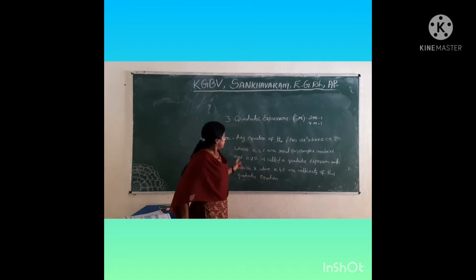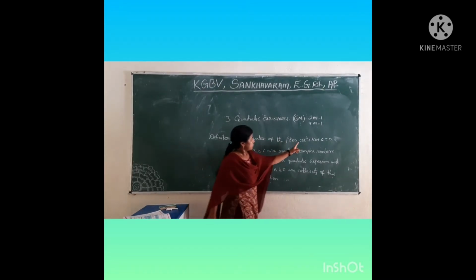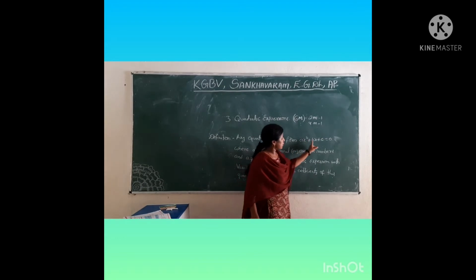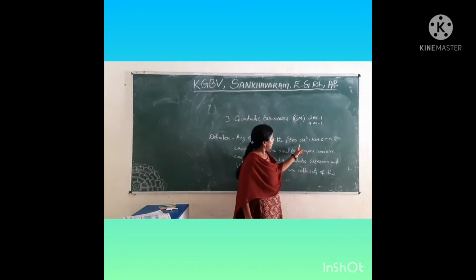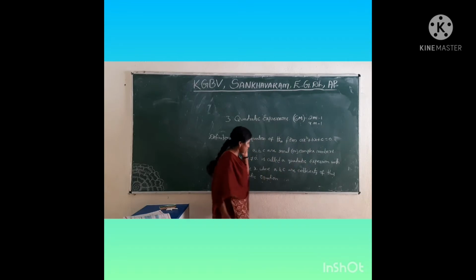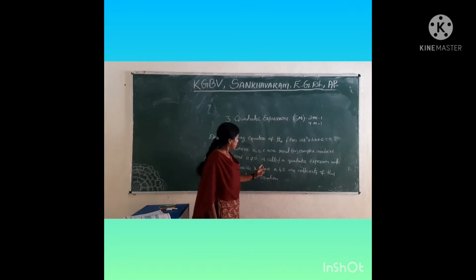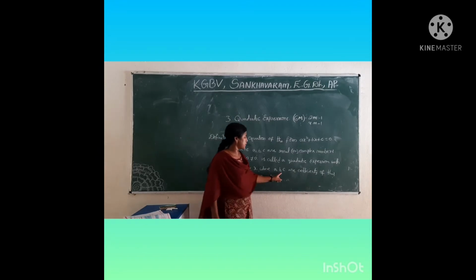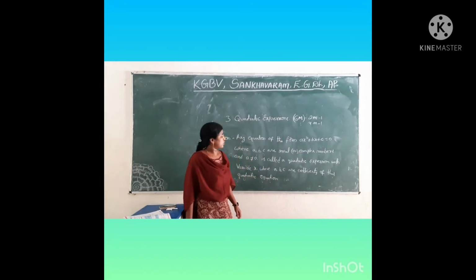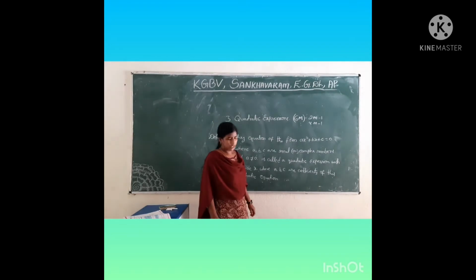In this quadratic equation, x square and x are the variables, and a, b, c are the coefficients. Okay, for example,